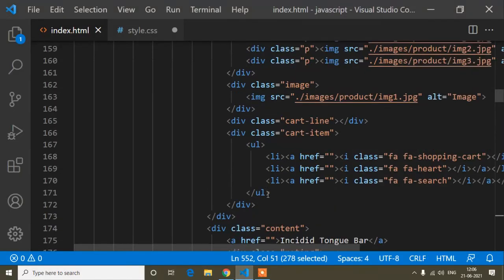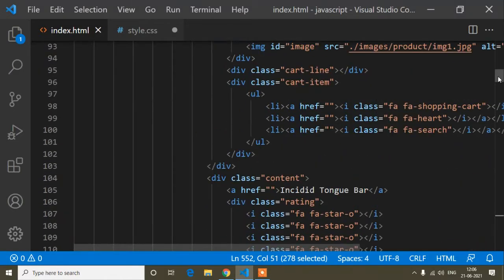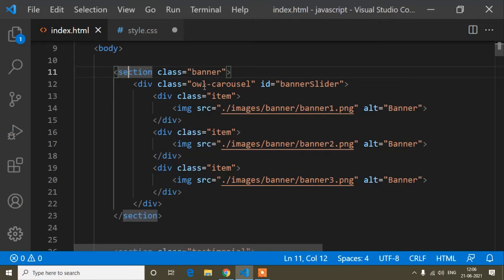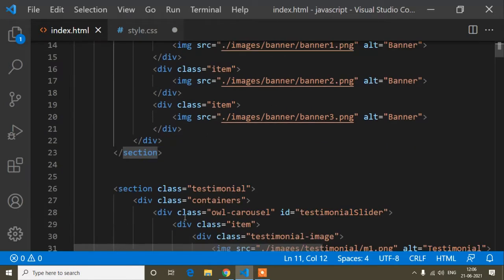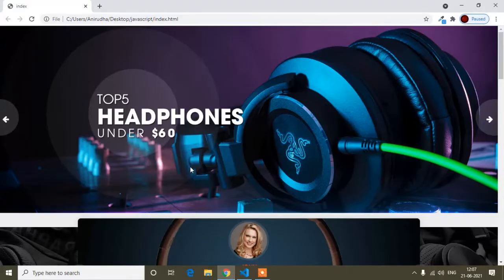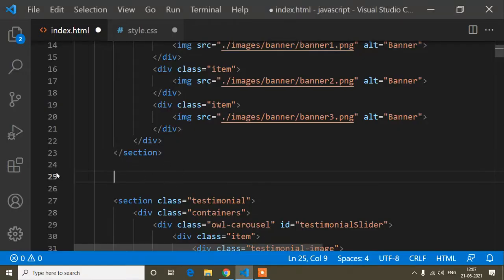Now I will scroll up, and here you can see this is the banner. The html code for the banner ends here, so I will write the code for the best selling product design from here, because it is just below this banner.